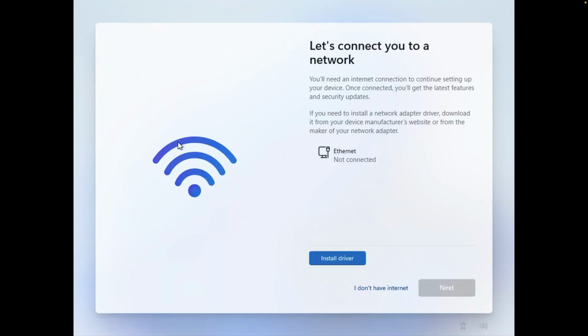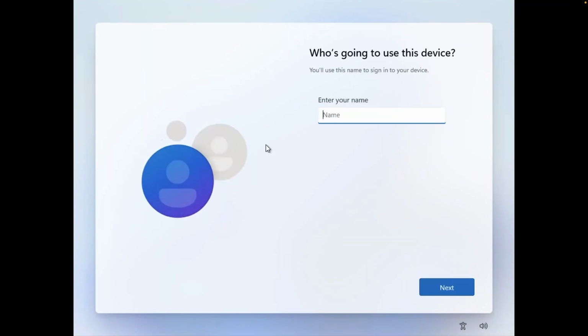Now, since this virtual machine that I'm running this in is not connected to the internet, I have the option of saying I do not have internet, which will then allow me to create a local account for my Windows 11 by simply typing in my name, clicking next, and then putting in a password. Now,